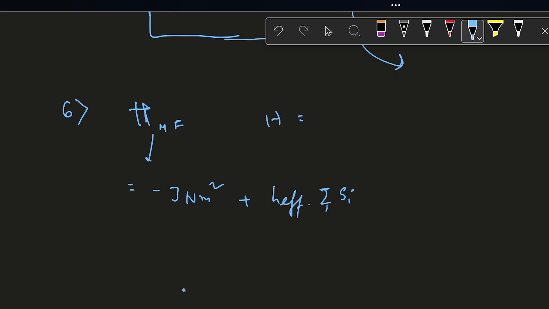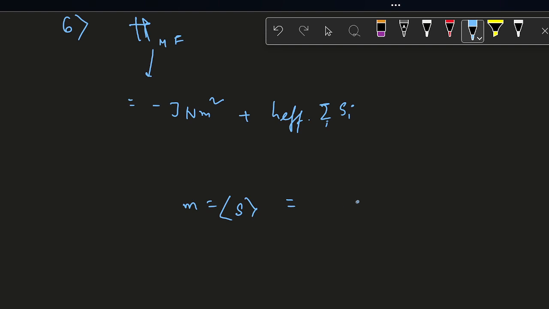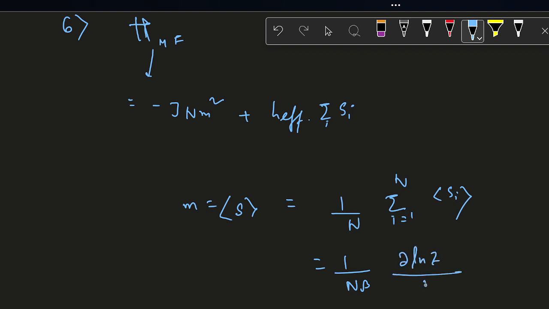Now you know your m is nothing but your average magnetization or average spin, which is like 1 by n sum over i from 1 to n of s_i average. Now this we have written down earlier also, but what we have to know here is that it is also written as 1 by n beta del ln z del